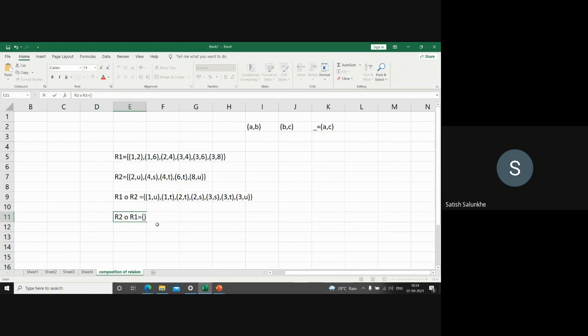So what I will do now, I will take another example for which you will work out. I will not say any answer. R3 is there. Let us say it is 1 comma 1, 1 comma 2, 3 comma 4, 4 comma 2, and let us take